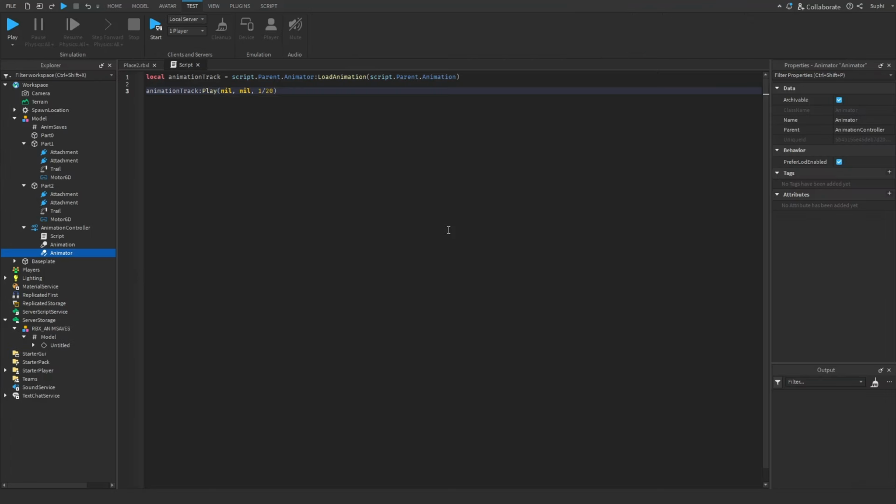Okay, so what I'm going to do now is speed up the animation by changing the speed down to 5 seconds. And then I'm going to do a task.wait, and I'm going to wait for 15 seconds. And then I'm going to say animation track adjust speed, and I'm going to set the speed to 0 to pause the animation. And if I now start a test server with one local player,